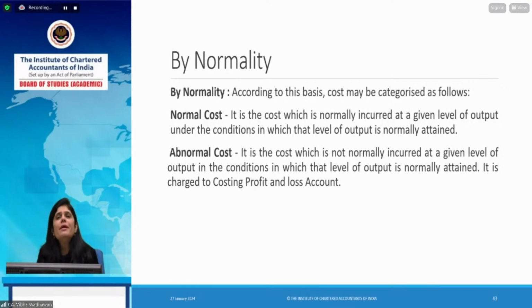So normal cost is always part of the cost of the product. Abnormal cost will never be part of the cost of the product. It will go to the costing profit and loss account. It's an abnormal charge. Clear? So we always consider the normal cost. We never consider the abnormal cost. We never allow